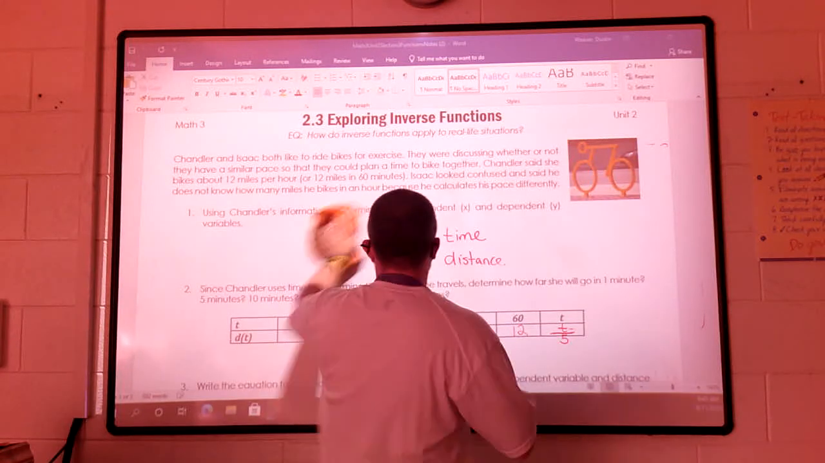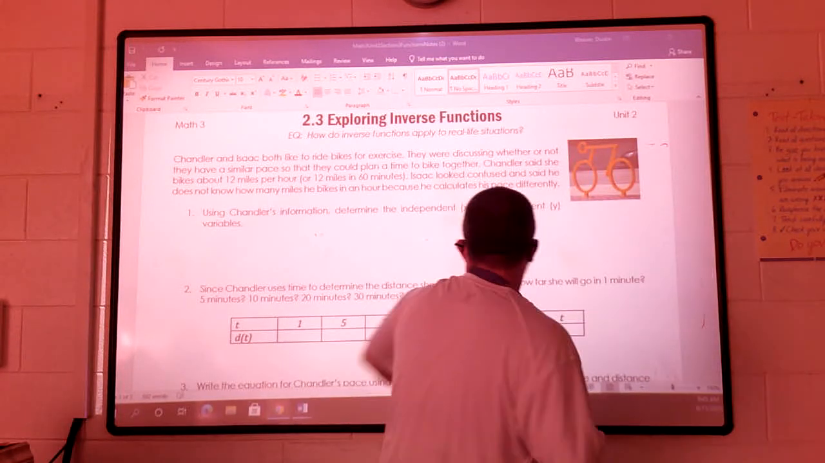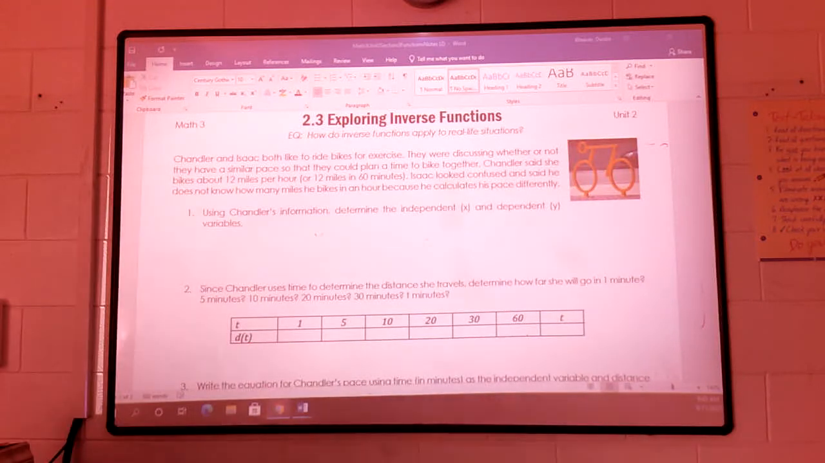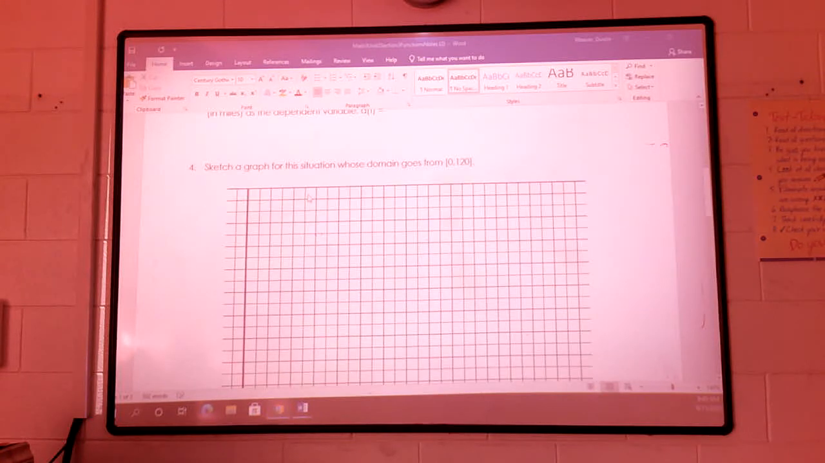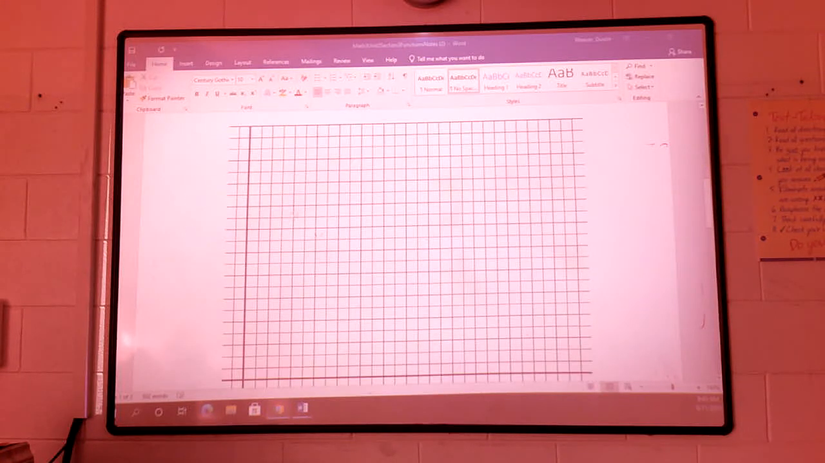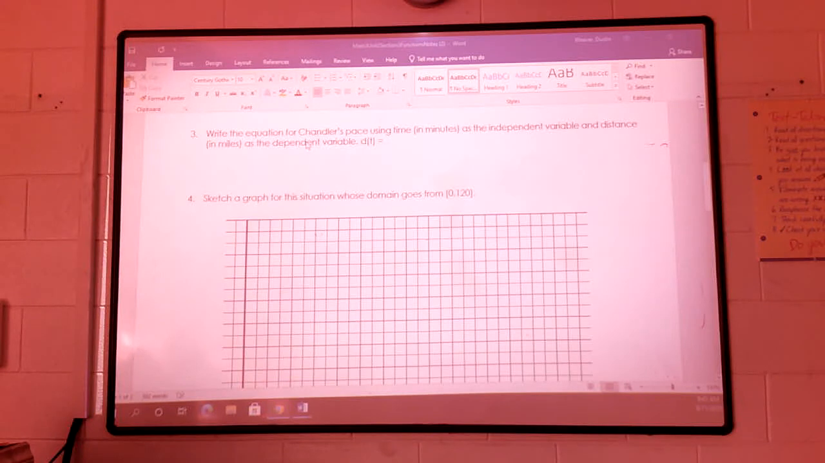Let me erase this. So y equals time divided by 5. And then we're going to try to graph. Okay, so right here, write the equation for Chandler's pace using time in minutes and distance as a dependent variable. So it's y equals